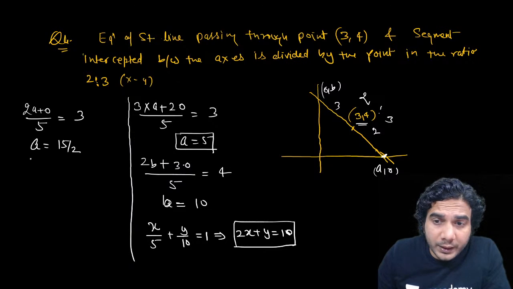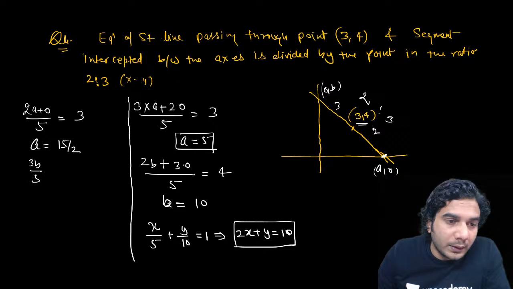Similarly, if you write the y coordinate, it is 2 into 0 plus 3 into B. So it is 3B upon 5 is equal to 4. So it is going to be 15 upon 4. So B is equal to 15 upon 4, right? Now you put the, so it is going to be